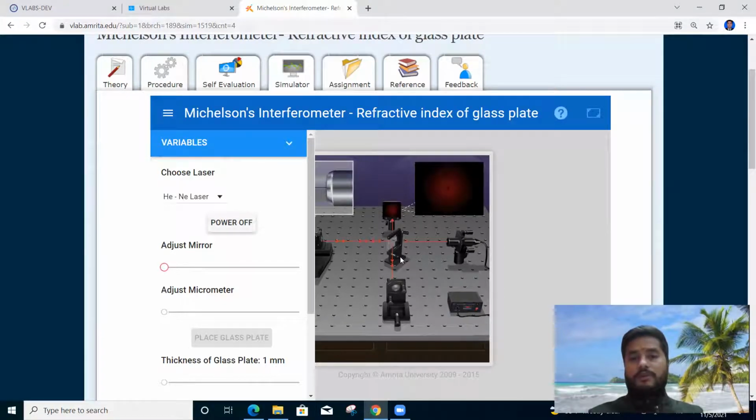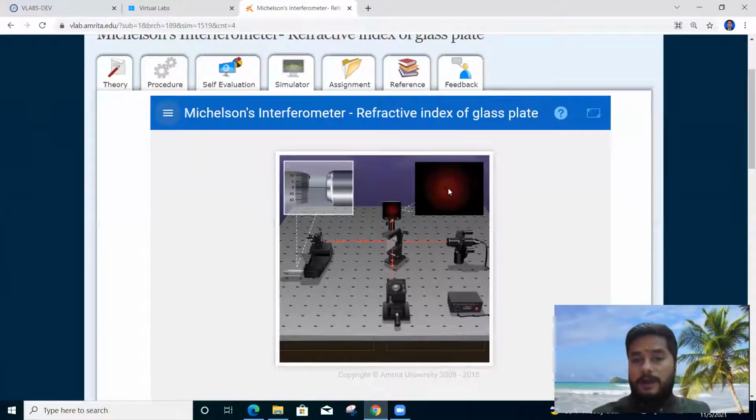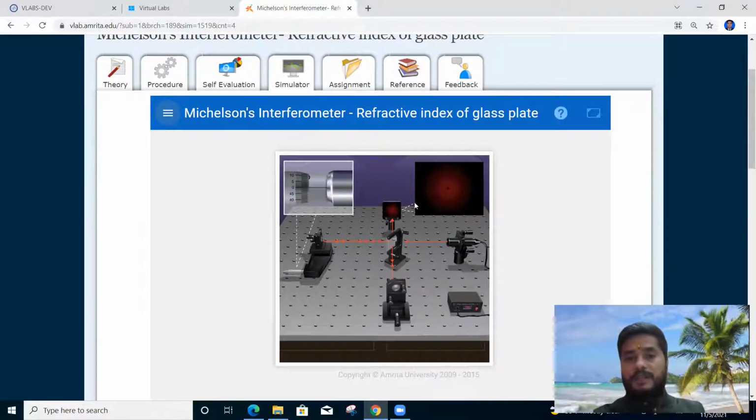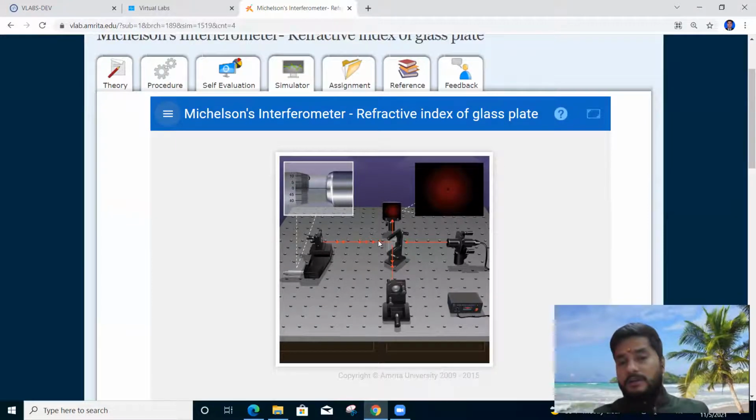After clicking on the power button, we see this structure. A blurred fringe appears on the screen, and this is our micrometer reading. At first the helium neon laser is emitted, and the laser gets split, and half of the beam is reflected toward our mirror M2, and half is transmitted toward the mirror M1. And this glass plate, this small white glass plate,